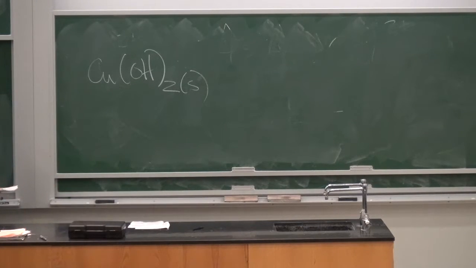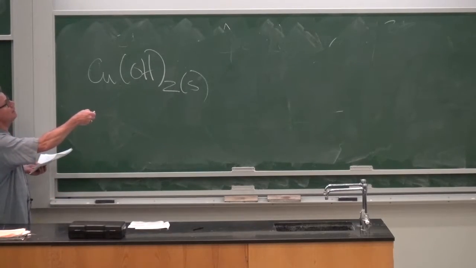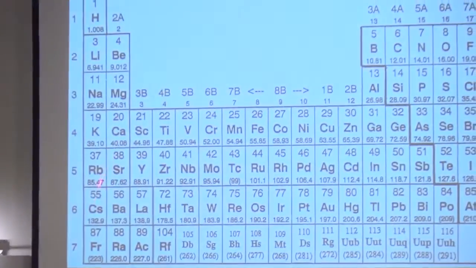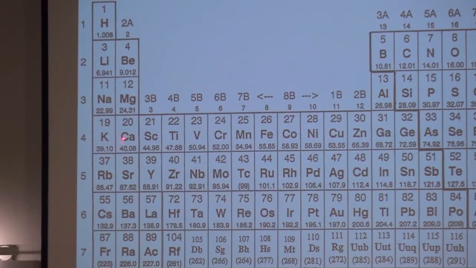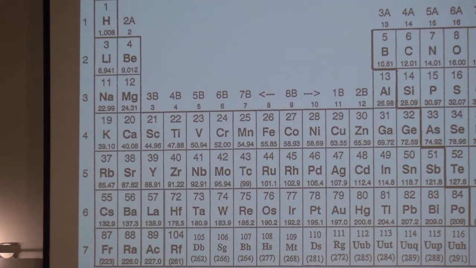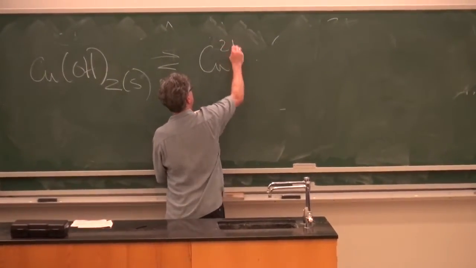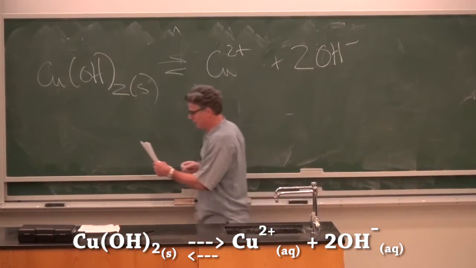Group 1A and group 2A are the exception, although calcium hydroxide is not especially soluble either, so I take that back. So really, pretty much only group 1A forms soluble hydroxides, but most other metal ions pretty much form insoluble hydroxides. Copper hydroxide being an example, for which we can write